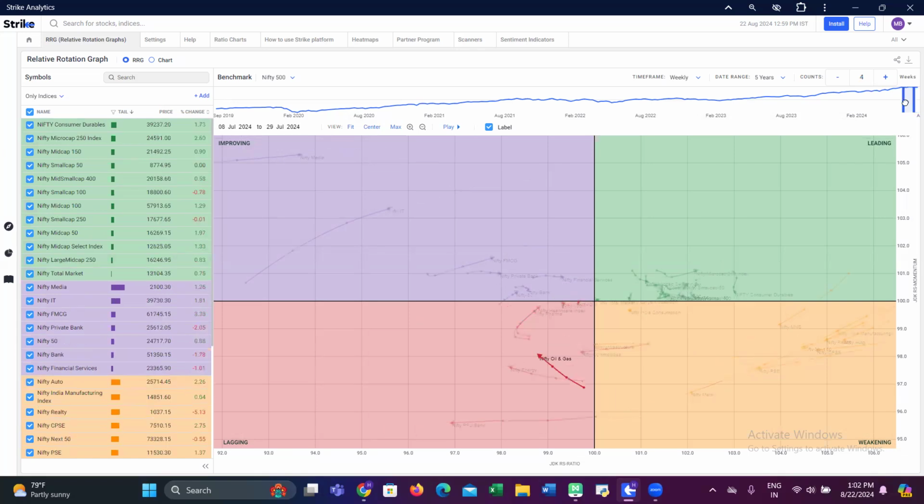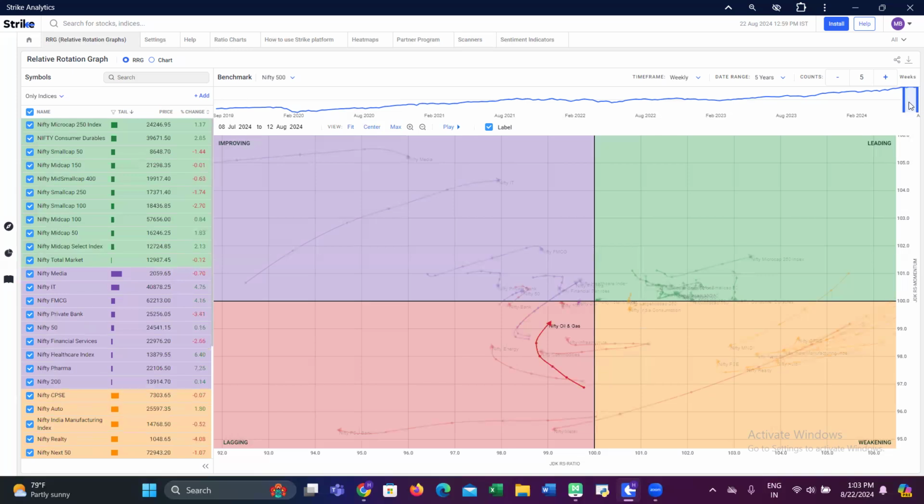Look at this. It is in lagging, but I'm a high risk, high reward taker, right? So I can take a high risk, and I'm probably up for high reward as well. So if I'm very aggressive, I will take a position somewhere here in the lagging. But I need to keep a close eye on this RS momentum and RS ratio. And now look at this. Look at this. It has increased RS momentum. It has also improved the RS ratio